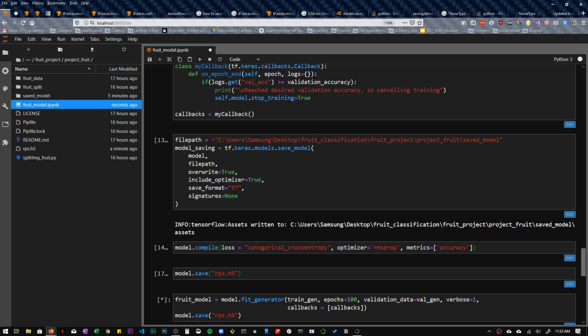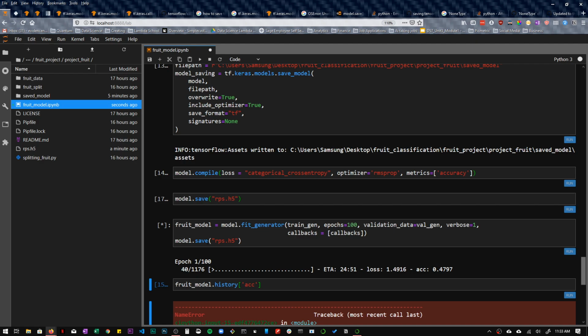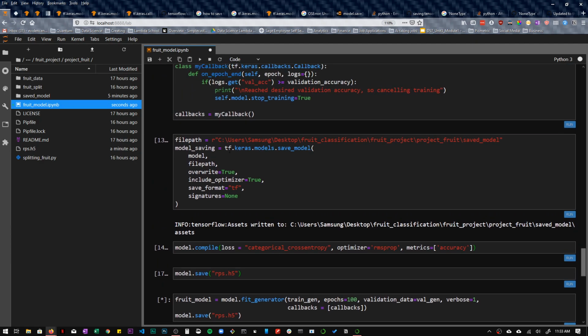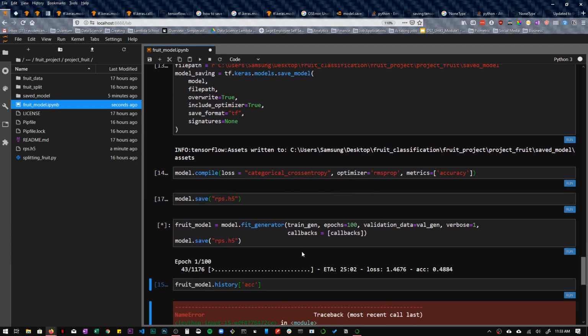So hopefully it's either this or this that will be able to save the model.